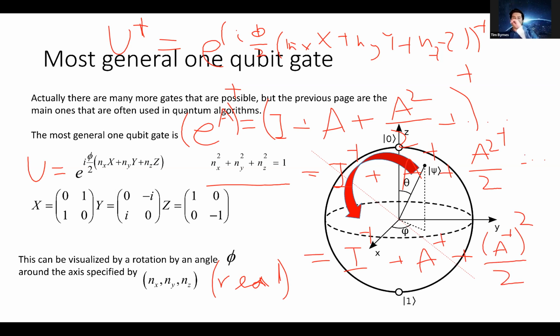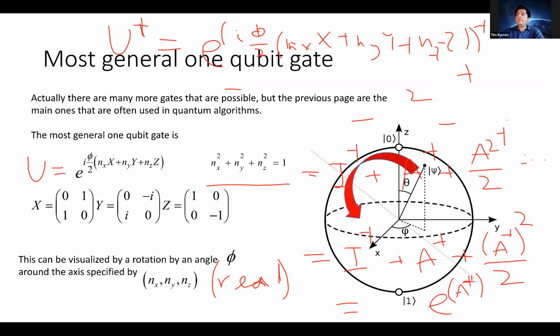So basically, this is actually the same as A dagger. So you can just take the dagger and the exponent, and it's the same thing. Okay. Now, taking the dagger of the exponent is a bit easier because, sorry, it's a bit messy, but